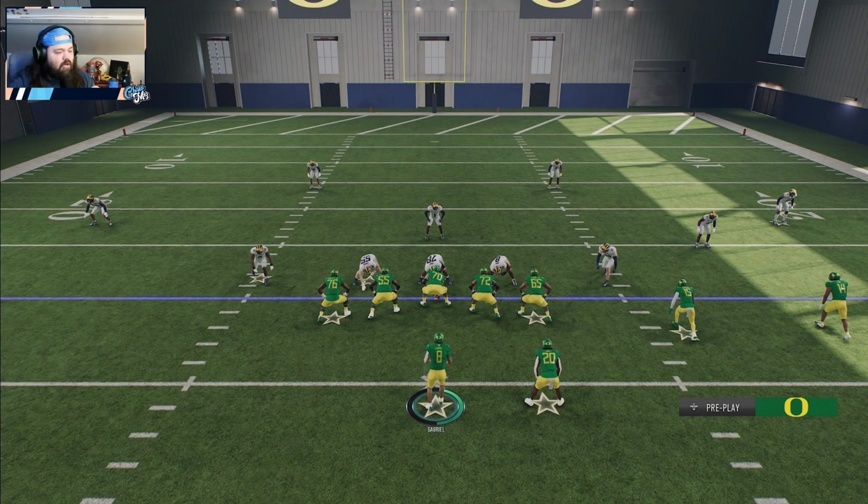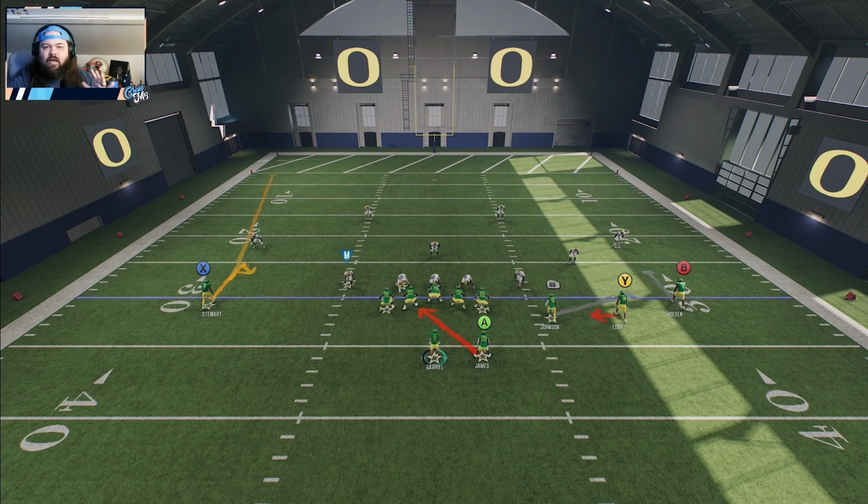Okay, rolling right along to tip number 3, which is don't overwhelm yourself. Choose a read pre-snap. A lot of people tend to try and look here. You're going to snap the ball and try to look at the screen and the hitch and the run, and that's a mistake. Before the snap, you want to choose which read you're going to take. Now, on the left side, we've got soft coverage. You always want to look for soft coverage where the defender is back off when you've got one of these hitch option routes. So there's a chance we could snap the ball, that cornerback backpedals a little bit, we can